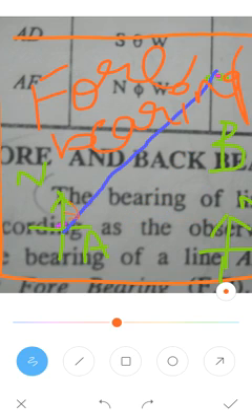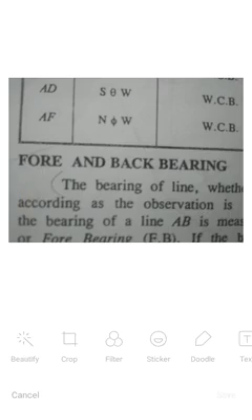The purple line I'm showing is the survey line. So the survey line AB, you are finding the angle with respect to true north. True north, it will make an angle. So that's why indirectly we call it a bearing. The bearing of AB we call the forebearing of AB. It's the same angle, I will show it in the next figure.